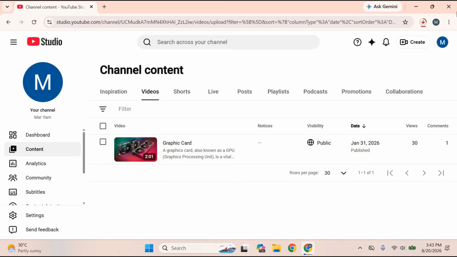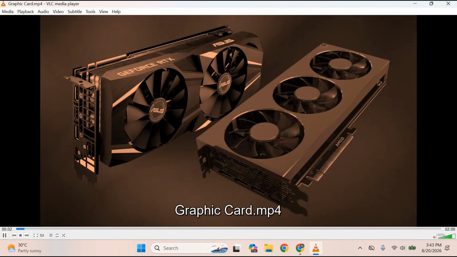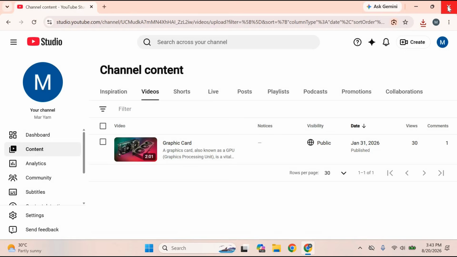Once the download has finished, you can open the file from your browser's downloads area or go directly to your computer's downloads folder. You can then move the video to another folder, create a backup, or use it with your preferred video editing software. Now, if you want to save another creator's video for offline viewing, return to the main